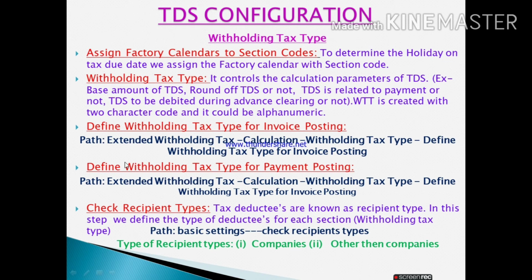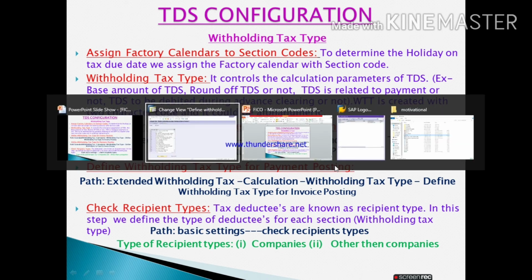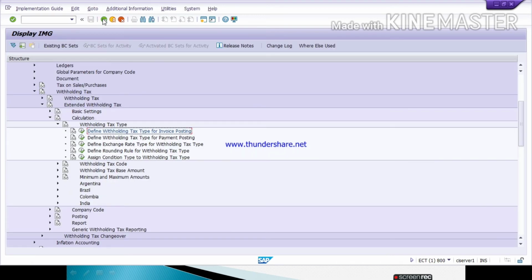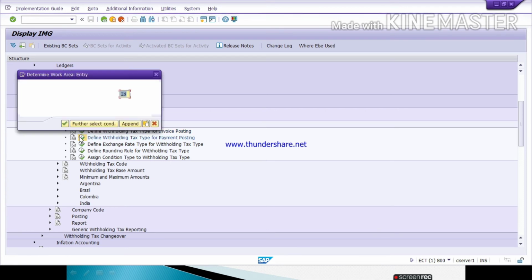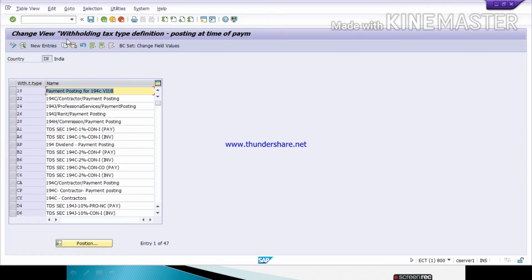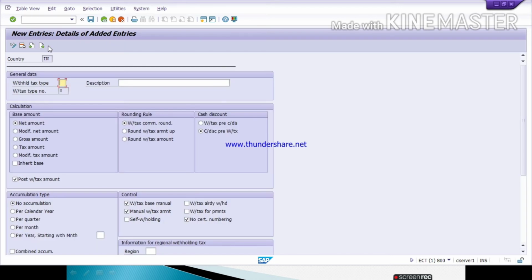Now similarly we will define withholding tax type for payment posting also. Second one, define withholding tax type for payment posting. Country code, continue. New entries. Give the withholding tax type for payment posting. I am giving CP.